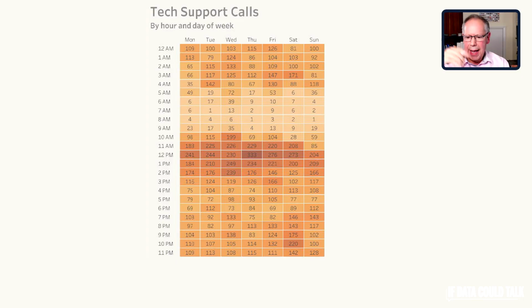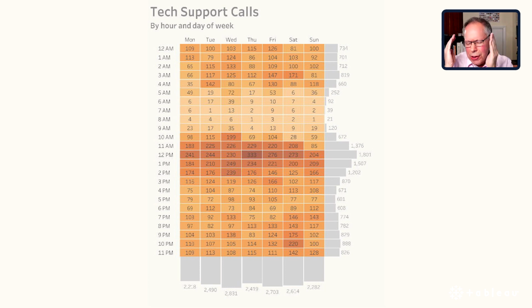Another example might be with technical support calls. And you have every hour of the day, every day of the week, and you can see this highlight table. You see these dark oranges, meaning lots of calls, and light oranges, meaning few calls. And this is an example where color is helping you see concentrations of things. It's not great for doing accurate comparisons. If I show you a dark orange circle and a light orange circle, you're not going to be able to say, well, this is 3 times as dark as that. You'll just see it's darker. In any case, we can then enhance it with this bar chart. So you've started with the thing that people are comfortable with, a mess of numbers.